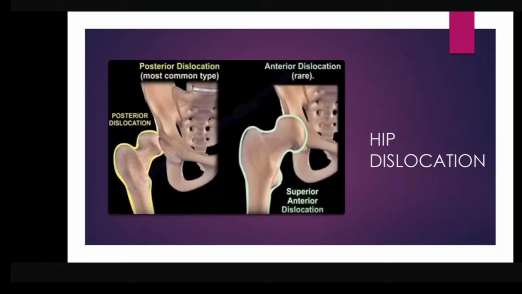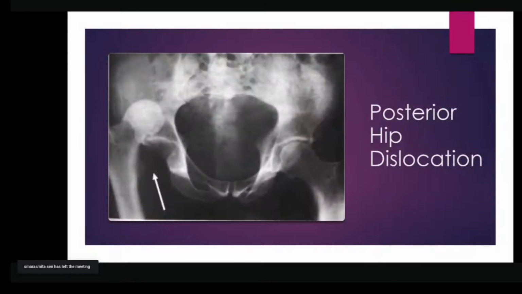Hip dislocation, again, is a severe variety, but the patient is unlikely to be hemodynamically stable. So hip dislocation, again, you have to have a significant trauma. Most common is the posterior dislocation. Other types are anterior dislocation, least common. Now, see the slide. The hip goes posteriorly and migrates upward. So there will be gross shortening of the limb. And when you consider the posterior dislocation, the attitude of the limb will be flexed and adducted.